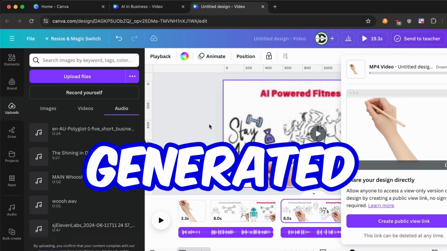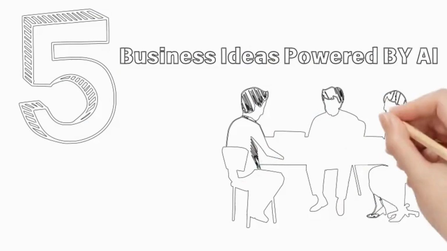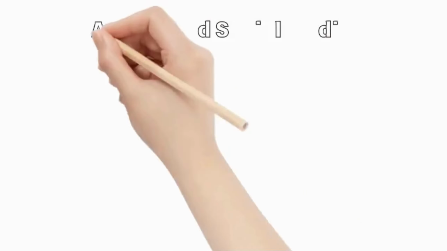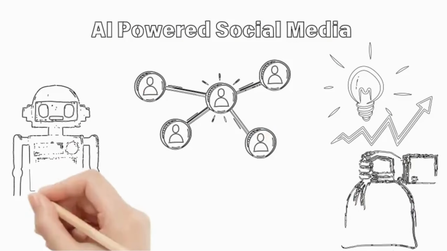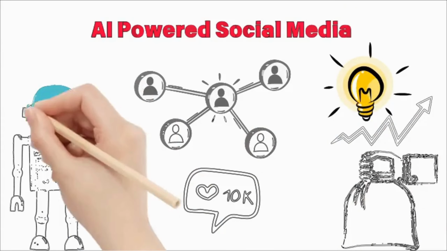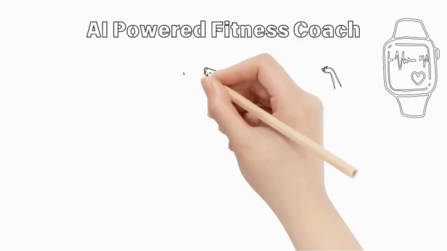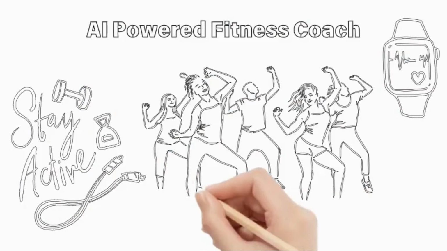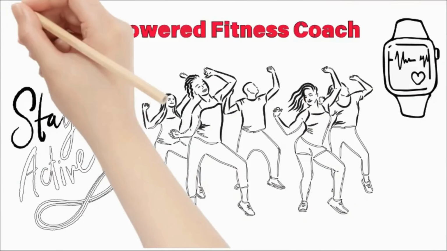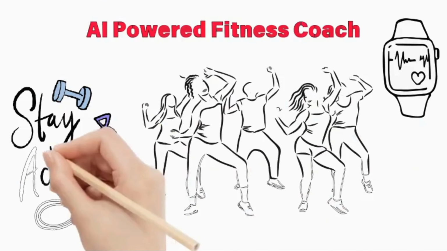And here is the generated story. 5 short business ideas you could explore. Number 1 is AI-powered social media management. Create a service that uses AI to manage social media accounts. Number 2 is personalized AI fitness coach. Develop an app that provides personalized fitness plans and nutrition